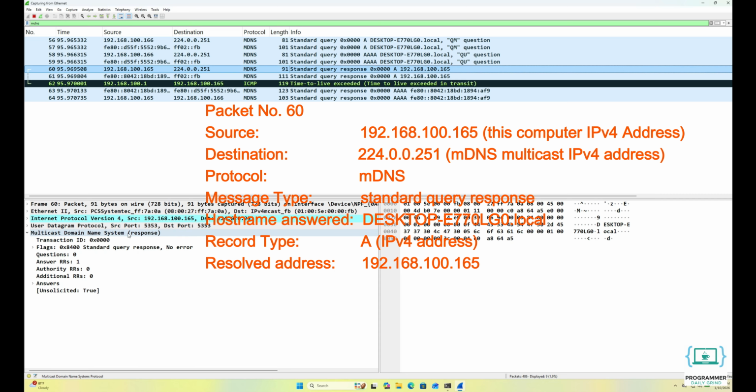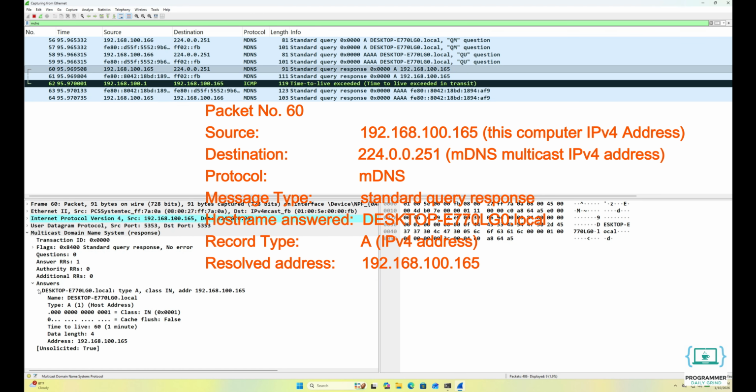The mDNS response includes the name field set to desktop E770LG0.local, specifying the hostname being answered, the type field set to A, indicating an IPv4 address record, and the address field containing 192.168.100.165, which is the IPv4 address associated with that hostname. In other words, the computer sending this packet is answering the question, the hostname desktop E770LG0.local is associated with the IPv4 address